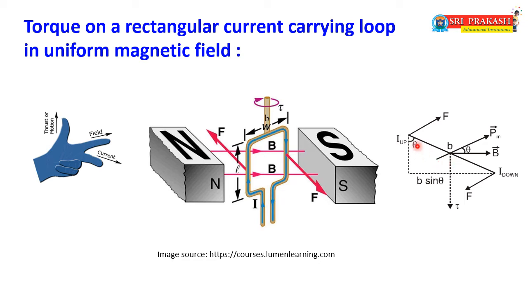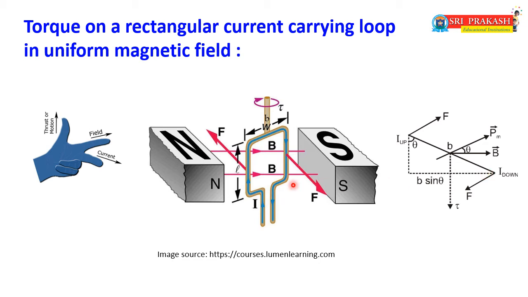Now if it is theta, then with respect to this theta, this opposite element we can identify as B sin theta. If it is B, then onto the magnetic field it will be B sin theta. So B sin theta is the perpendicular distance. Then if you can identify the perpendicular distance, further we can easily identify the torque on this rectangular loop.